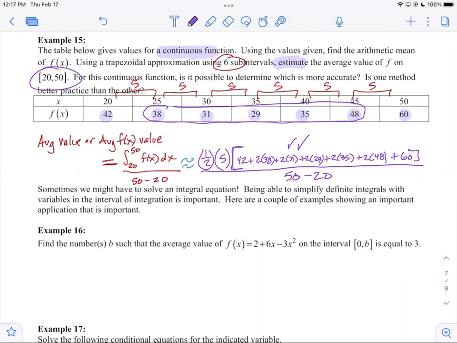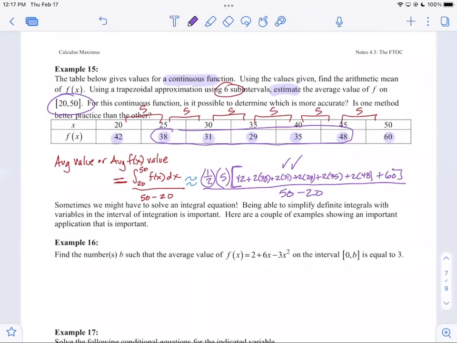So anyway, let's say that we had this number and we had the arithmetic mean, which would be averaging them all and dividing by 7, or adding them and dividing by 7. Which one is better practice for this type of data? The trapezoidal. Very good, because the function is continuous. These numbers come from continuous data. Okay, so this will give you a different number than the arithmetic mean, but because it comes from continuous data,